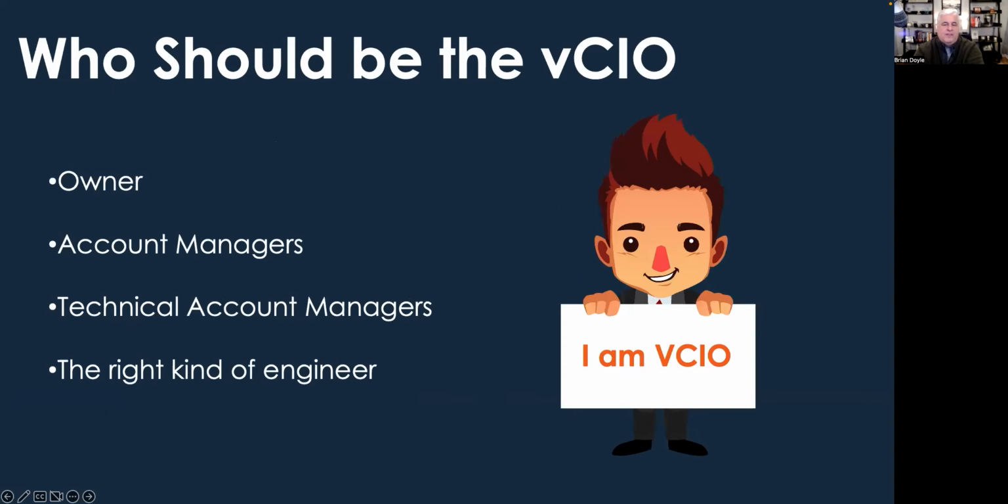So it starts with who should be the vCIO. And most commonly, the starting point for vCIO would be the owner of the organization. Who is that person that operates the organization? And they should be the person, since they're also the ones that have the most experience at the business level at this stage, that are doing those vCIO services as you're getting started within your organization. As it starts